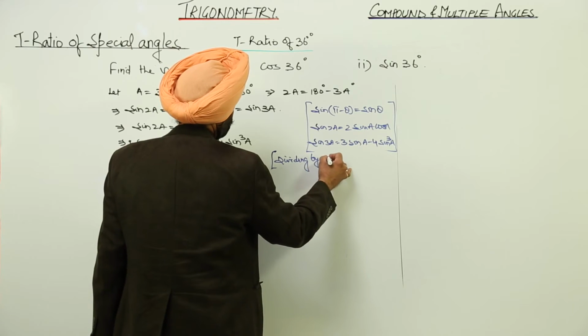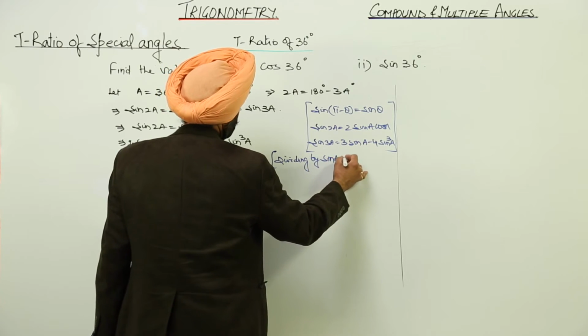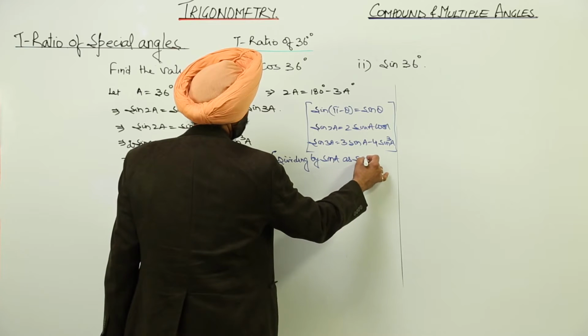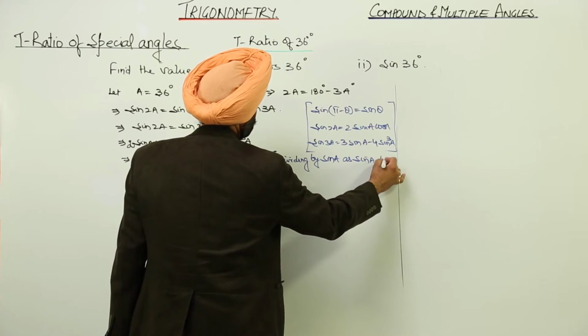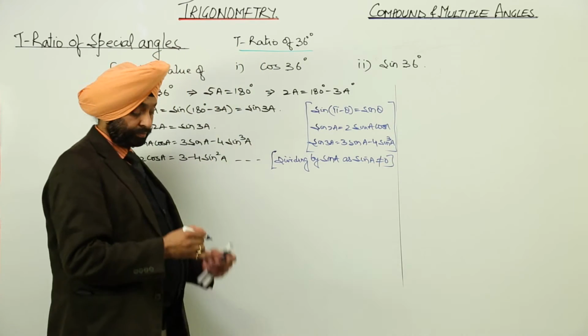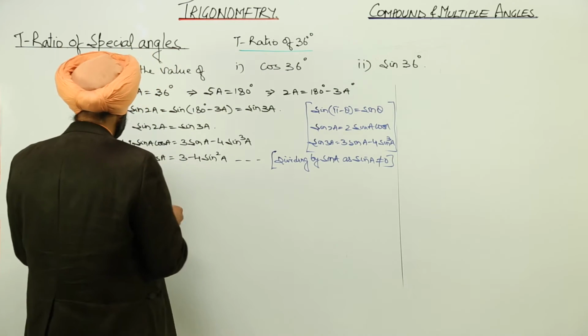Dividing by sine A, as sine A is not equal to 0. Okay, so further this becomes